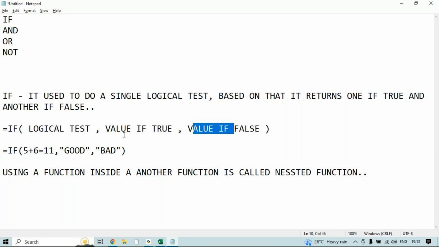But the best advantage in the IF function is the output I want. Output I want, good or bad, whatever I want, I can customize my output. That is the advantage in the IF function. So same way,